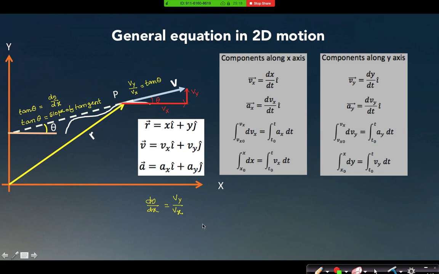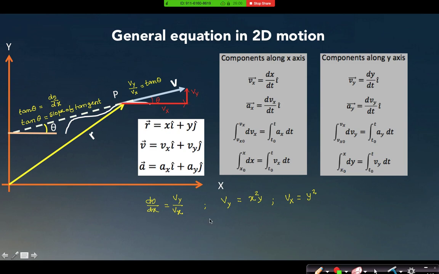Right? So suppose in your question Vy is written as a function of x and y, say Vy is equal to x square y, and suppose Vx is also a function of x and y, say Vx equal to y square, like this. I have taken an arbitrary function where a particle is moving along the xy plane such that its velocity component along the y axis changes with x and y coordinates as Vy equal to x square y, and the component of velocity along the x axis changes with the y coordinate as Vx equal to y square.